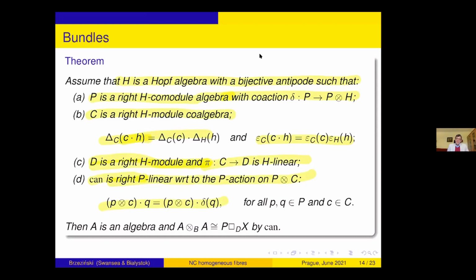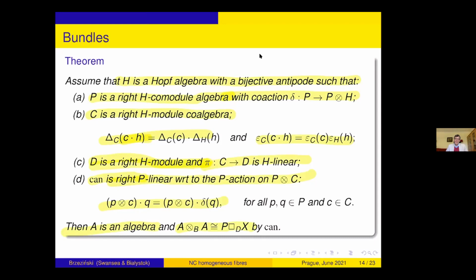So if these conditions are satisfied, these are not necessary conditions. I don't think it's necessary, but it's sufficient for A to be an algebra. And then I can show that actually A tensor over B A is isomorphic with P cotensor product over D with X by the canonical map. So when I restrict the canonical map to the subalgebra, now A is a subalgebra of P, we have this isomorphism,